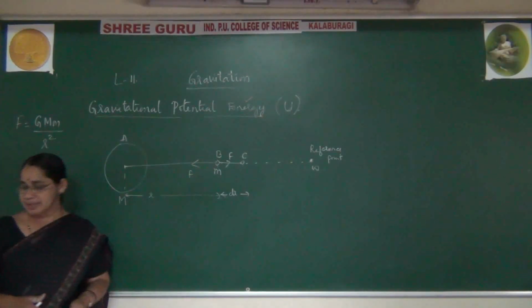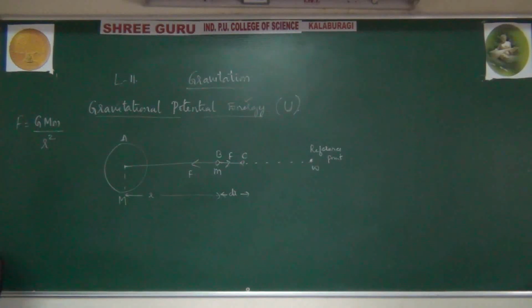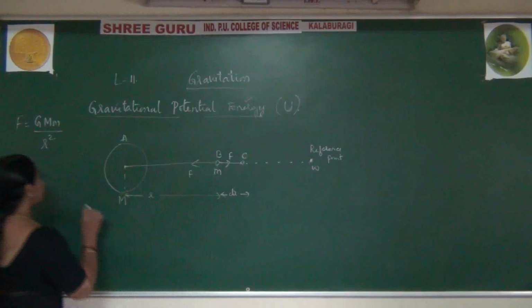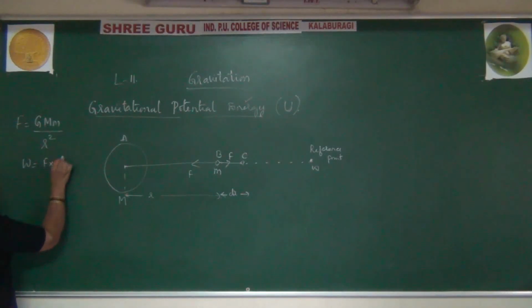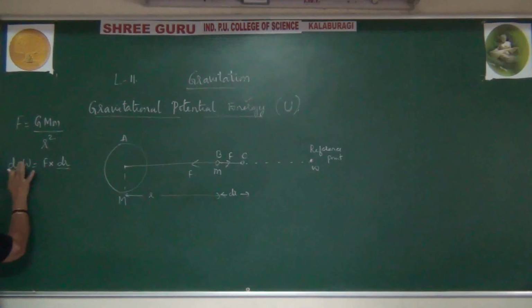So by using this, we can explain the gravitational force. What do you mean by the gravitational force formula? F is equal to G M m by r square. You are displacing from one point to another point, so you are doing some work. Whenever I say I want to do work, W is equal to F into dr. What type of work are you doing? A small work is done because there is a small displacement. Small displacement means you are doing small work.